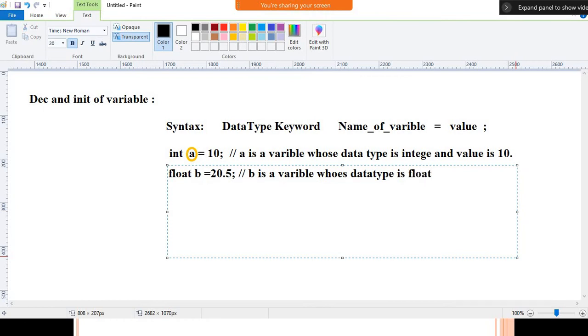We all know why we use float: to store the fractional value. Why we use int? To store the natural value, like that. Okay, so this one whose data type is float, and value is 20.5. Similarly we do it for double.